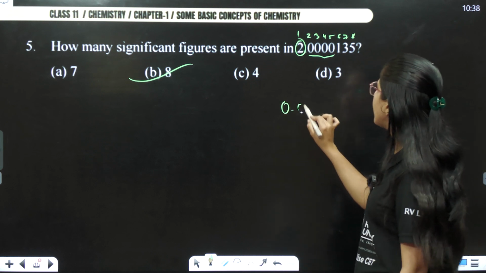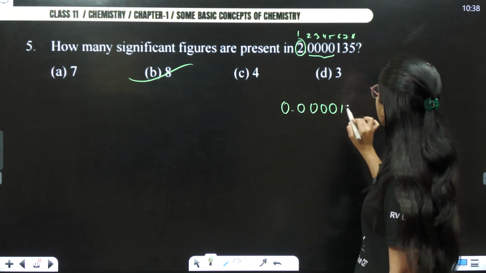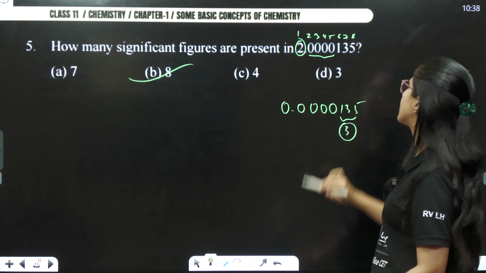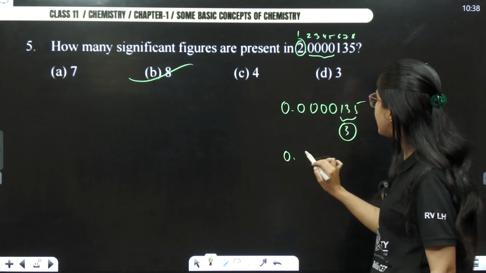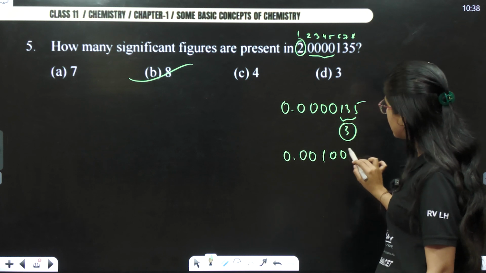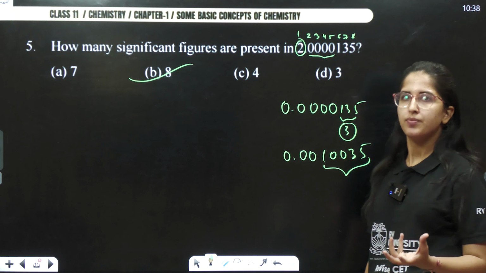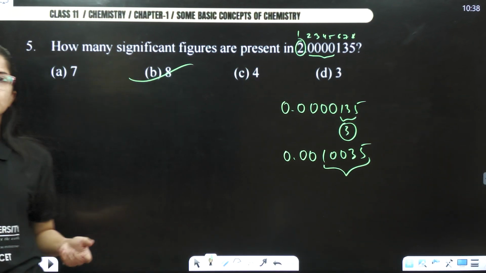Instead, if in the question they have given it like this, then how many significant figures are there? Only 3 significant figures are there. In a question like this, they have given 10035. Then all these 3 are your significant figures. Okay. Now, the next question is,